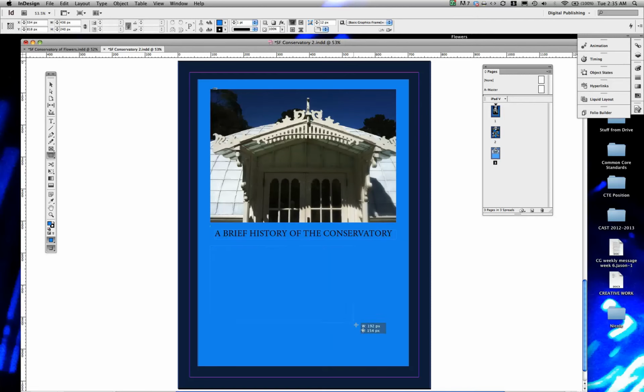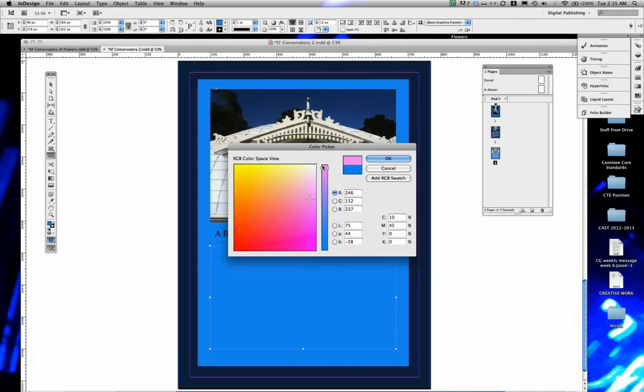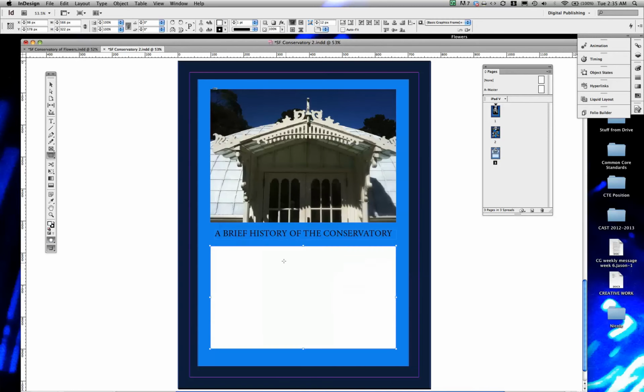If I draw the box, currently it's going to fill in that same blue color. You can see it right here. But I did draw it out, and it's showing me where it is. So now it's still selected. I'm going to go ahead and change that color. Get that upper right corner. It's white there. Now I've got that changed. Well, I could do text on top of that blue, but